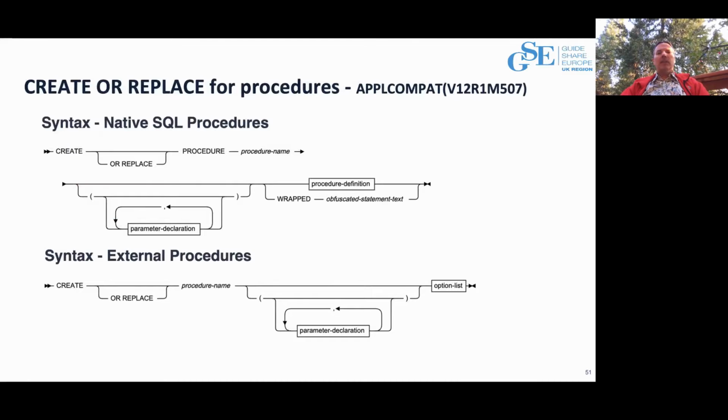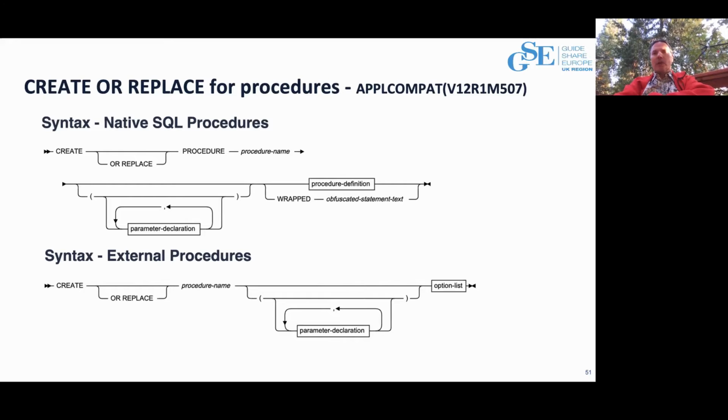And in 507, the other one that's interesting is create or replace for procedures. Version 12 base has create or replace for triggers. Now 507 has the ability to do create or replace for procedures, which really helps with some of the maintenance activities with procedures. If you had procedure 1 call procedure 2,